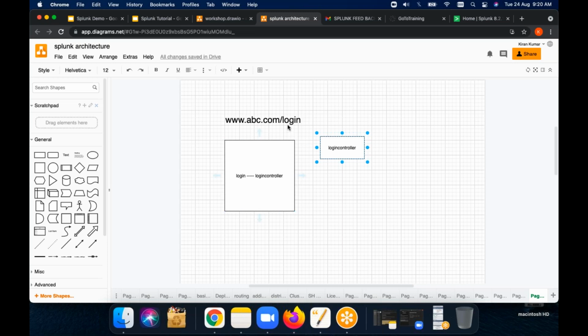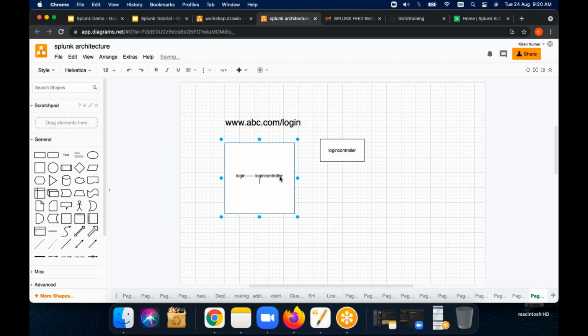Similarly, if somebody is in the change password page, for example, CP is the token.